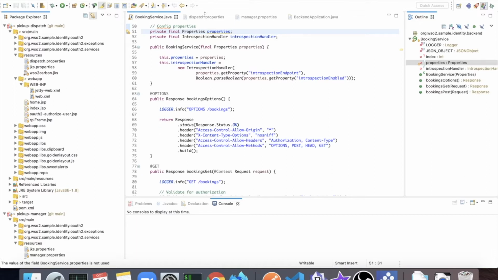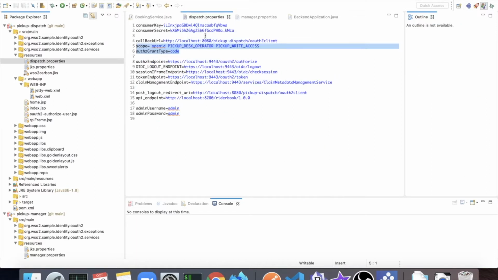Each application has a distinct property file, a dispatch property file or a manager property file. If you look at this dispatch property file, you can register the required key and secret and the required endpoints, also the scopes that this particular application is bound with, and the required administrator username and password.